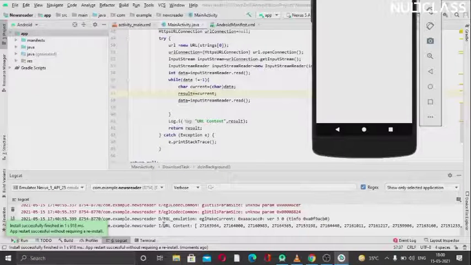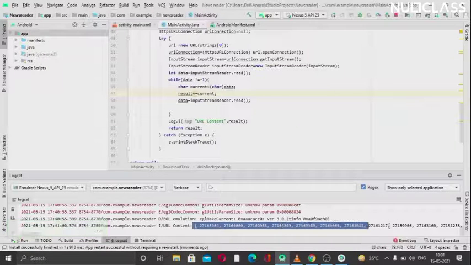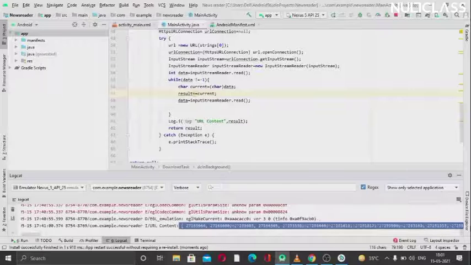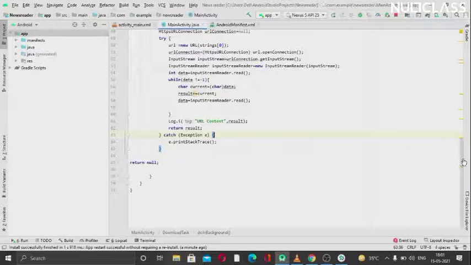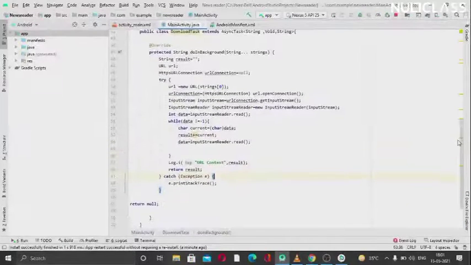We can see the URL information which we have logged here, the tag was URL content, and the result was here, it made us get all the IDs from the internet. These were the same IDs which we got from our APIs or URL. Okay, so now let us move forward with this.